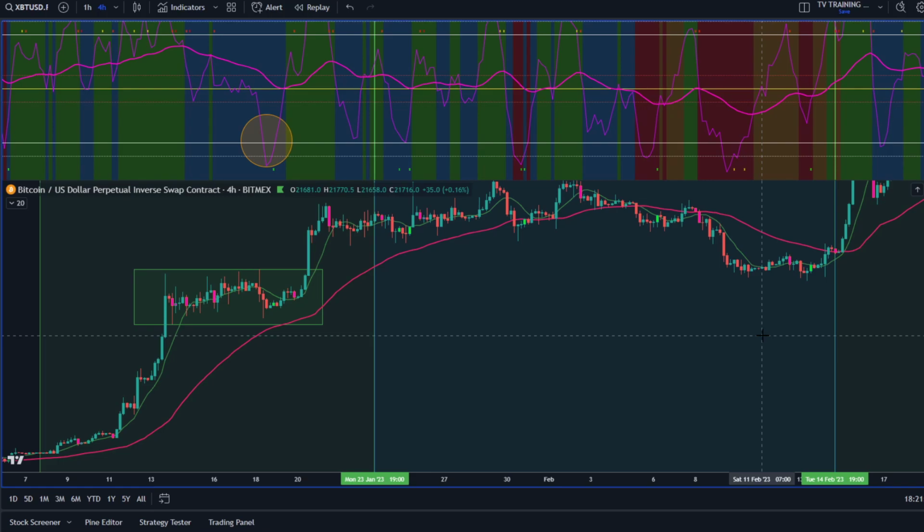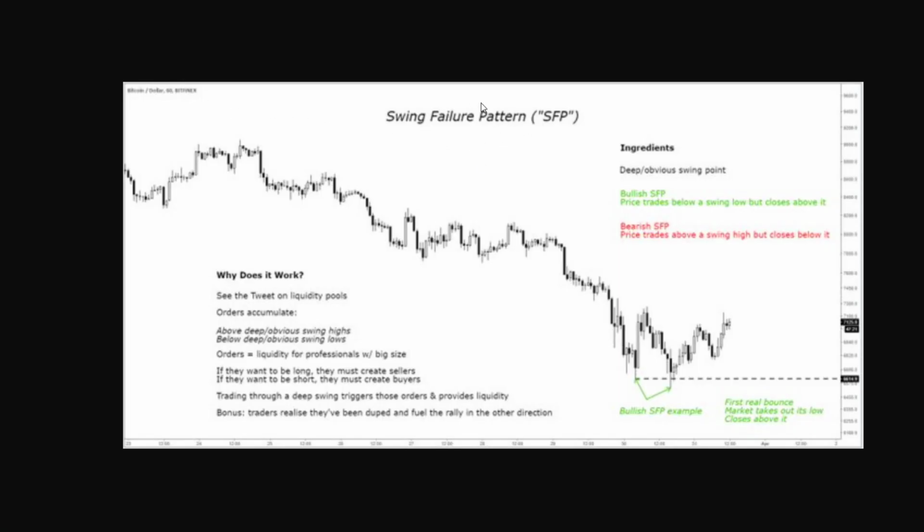You also want to understand supply zones and demand zones, right? Meaning similar to range high, low, etc., depending on where it's at, but ultimately finding an area that should typically have support in theory, and then you're going to look for a reaction at that level. Well, how do we look for those type of things? Well, you can look for something like a swing failure pattern, right?